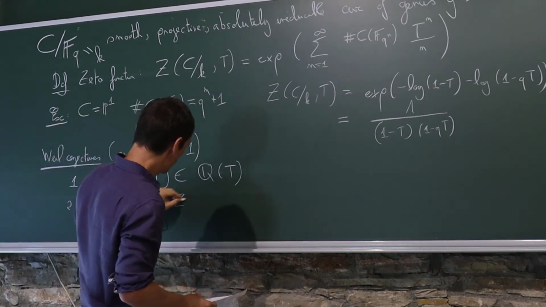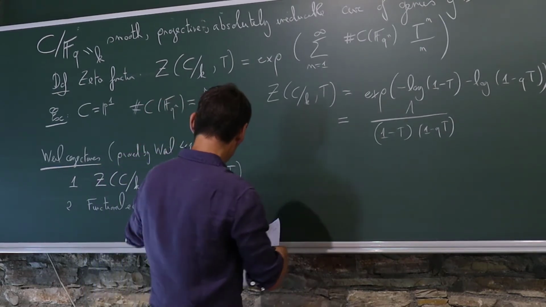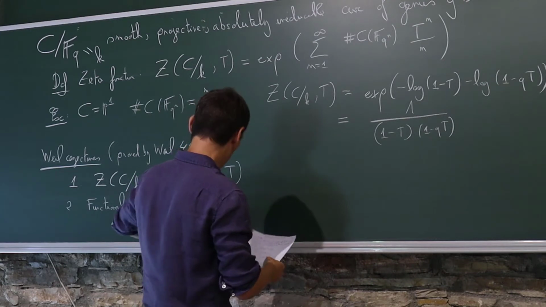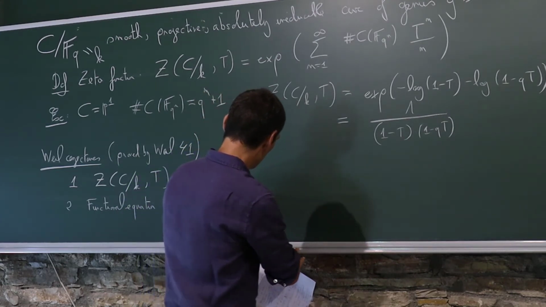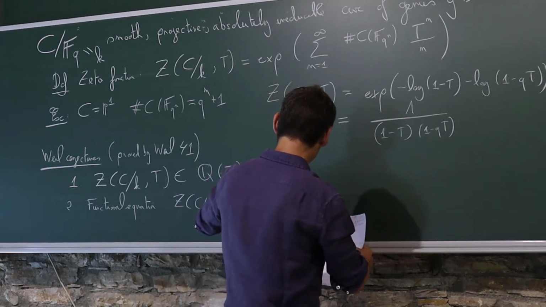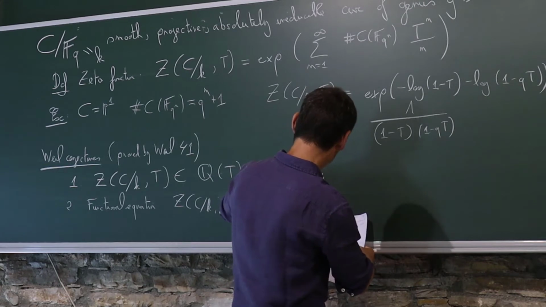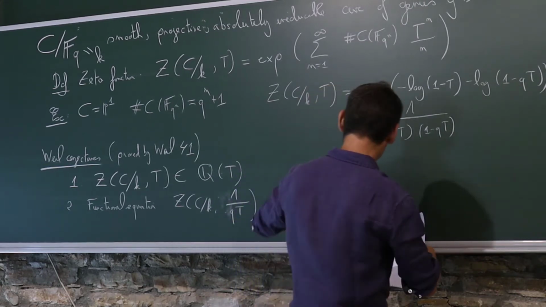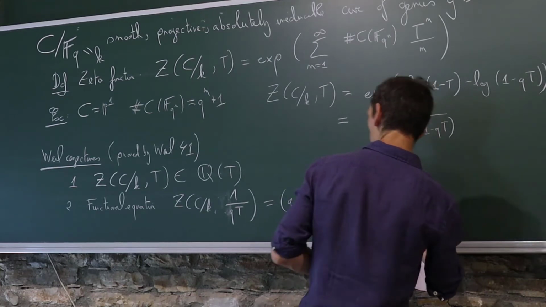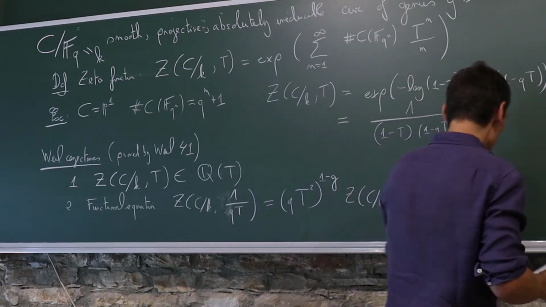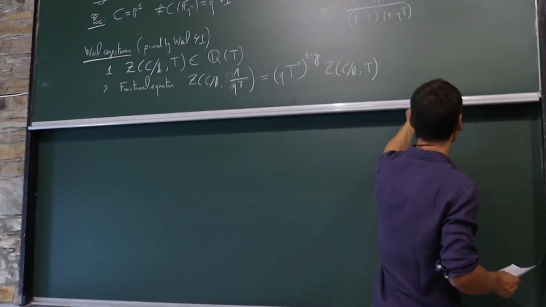That says that when I replace t by 1 over qt, it is related to the original zeta function up to a power of this form. And then the most important piece, let me do it like this then,